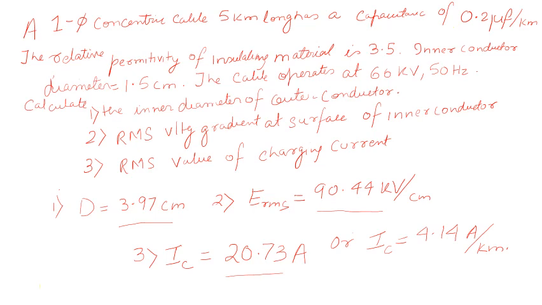According to your specification, it's better to calculate in per kilometer because we are making it a distributed parameter. So it should be on a per kilometer basis. Here, if the total length is 5 kilometers, just divide by 5, and you will get 4.414 ampere per kilometer. Okay, so this is the final answer. Try it and get it. If you don't get it, then ask me the process. I will share the procedure also.